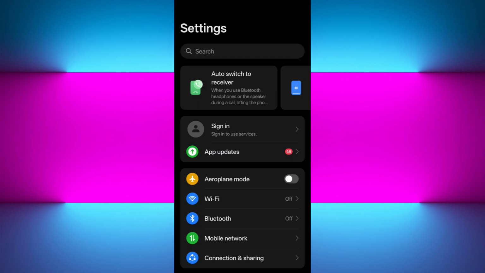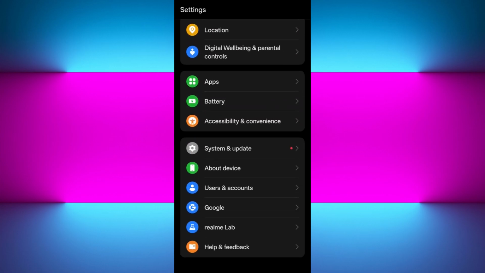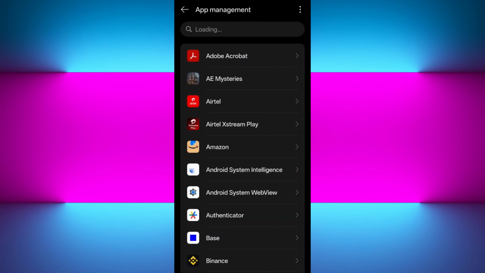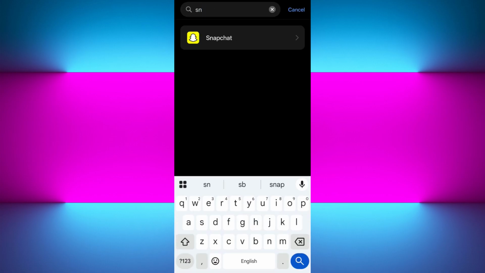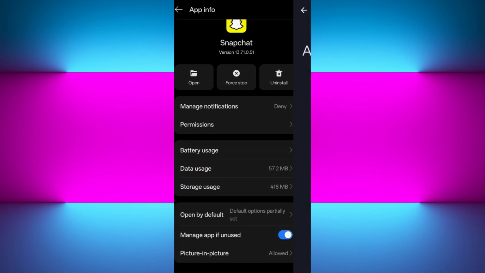Now in the next method, you just have to simply provide the camera permissions to your Snapchat app. For that, open the settings of your device. In your settings, simply scroll down, then tap on the option of apps. In apps, select the option of app management. Over here, use the search bar on the top and search for Snapchat. Once you are inside the app info of Snapchat, tap on the option of permissions and here look for